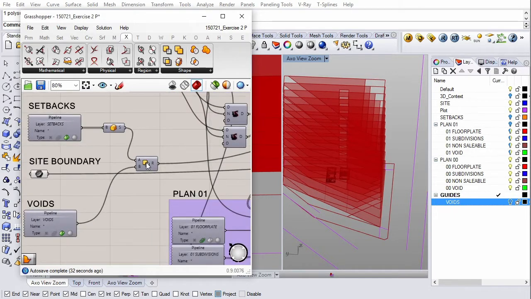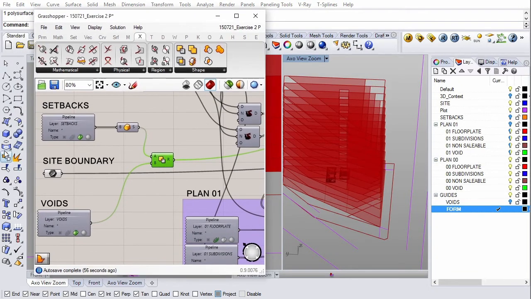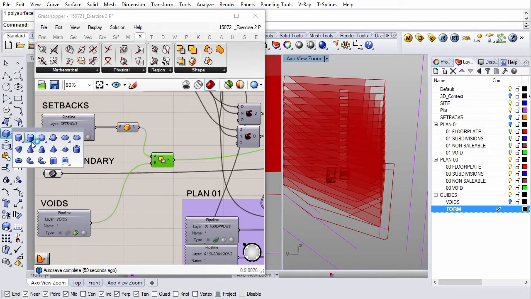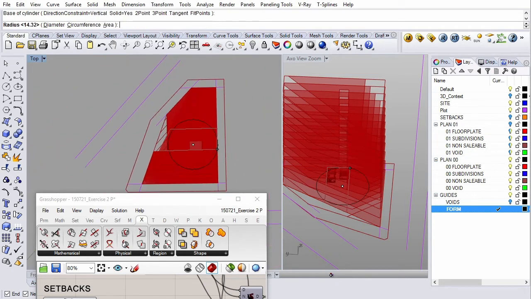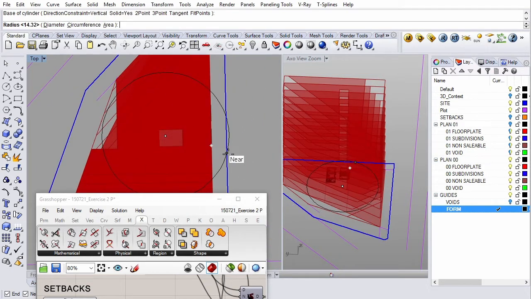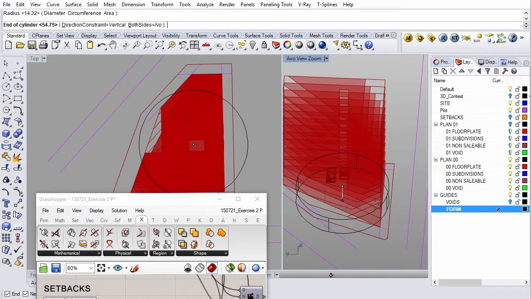Now it's also possible and useful sometimes to have another type of 3D guide, which we can call a form. So here, say I want to draw a cylinder. And I don't want anything to lie outside of the cylinder.